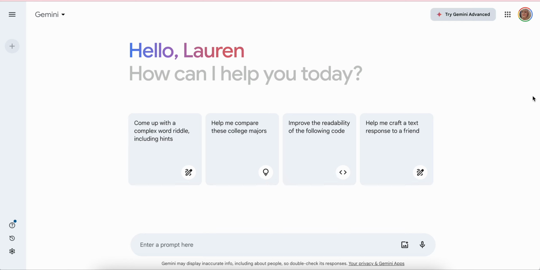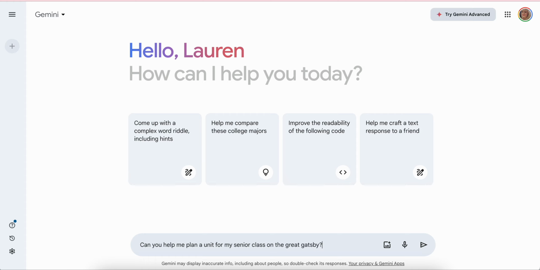But the more we prompt it, the more specific information we give it, the better the output is going to be. And if you continue to work with it within a chat and ask it to edit and modify, it will learn exactly what you're asking for and it will do a better job of giving you what you're looking for. So we're going to ask it to act as an assistant to help me plan a unit on The Great Gatsby. So I'm going to ask, can you help me plan a unit for my senior class